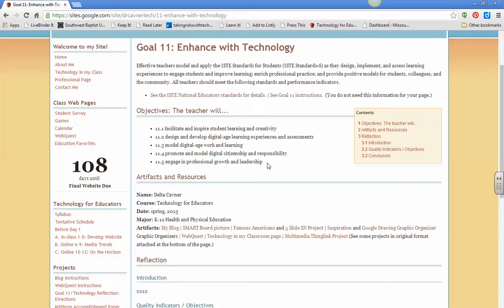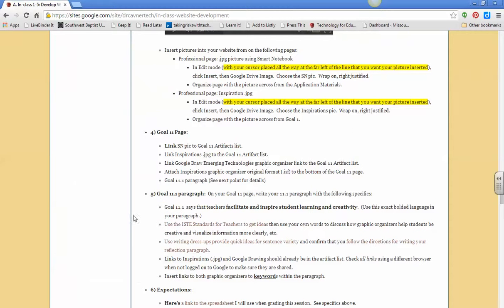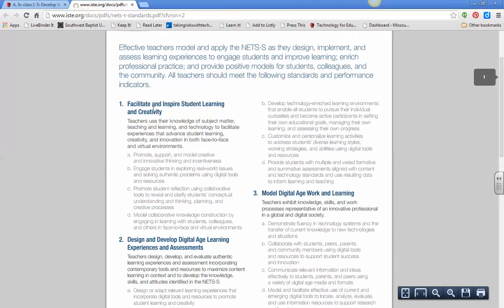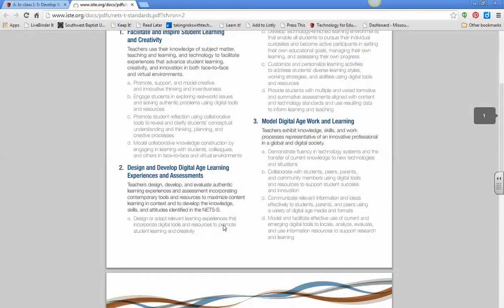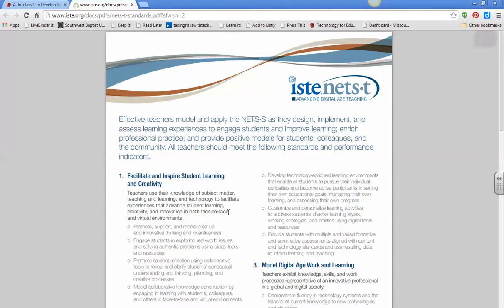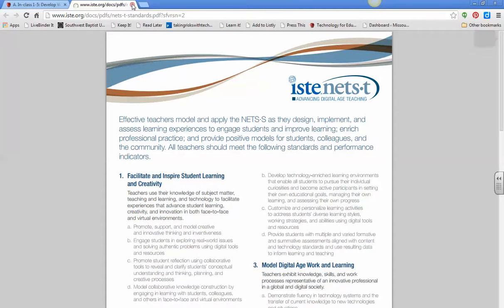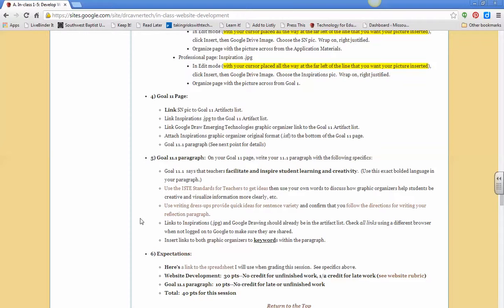You will be writing about how the projects that we create in this class meet those standards. And so if you want to look at some ideas to help you write, you can click on this link right here, Use the ISTE Standards. It is a link to a document that tells you more in depth what does that really mean? What does facilitate and inspire student learning really mean? And here are some examples of what that could mean. Now, I do not want you to copy exactly from this, obviously, but it'll help you to get some good information about what you can write about.